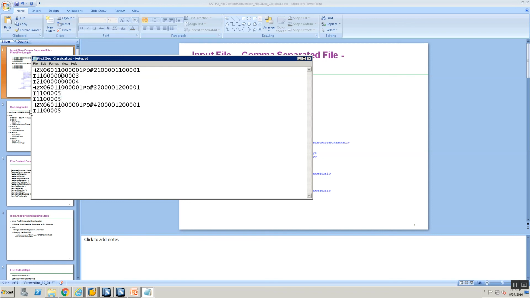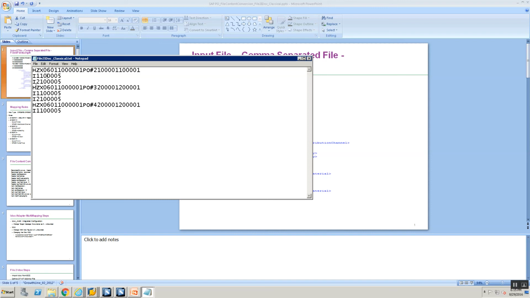Replace it here. Replace it here. Replace it here. So this is item number 1, item number 2, item number 1, item number 2, item number 1.